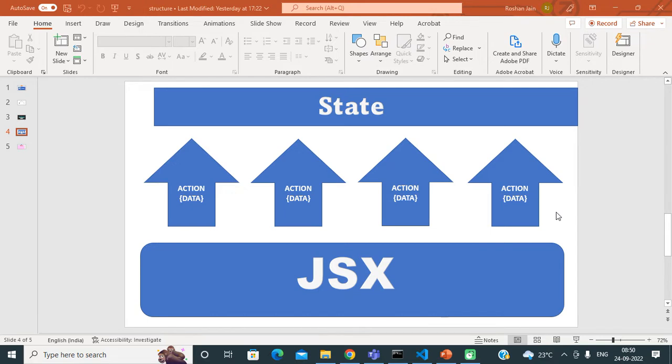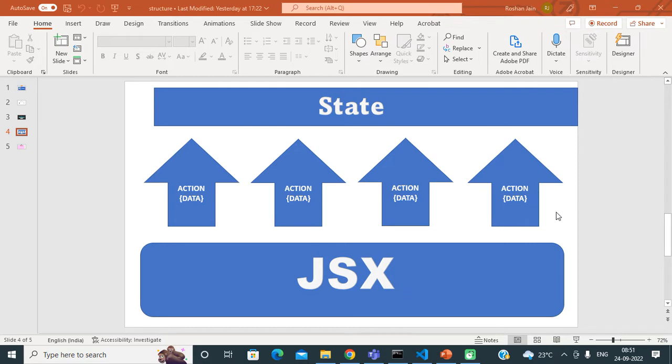Friends, useState is used to handle simple state management. But if in our project we need complex state management, let's say we have some scenarios where complex state management is there, in that case useReducer is mostly used. If we use the useReducer hook, then we get some extra features, and our work becomes simpler. Now let me tell you how the useReducer hook actually works.